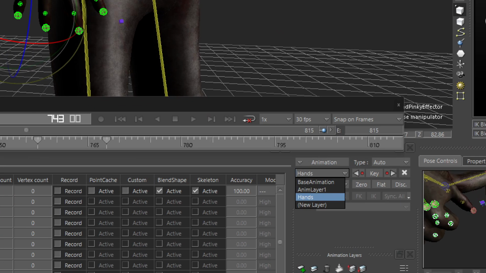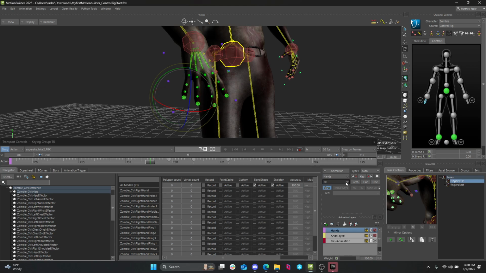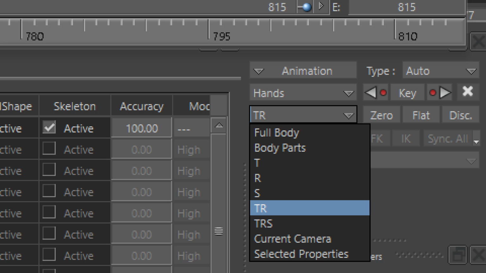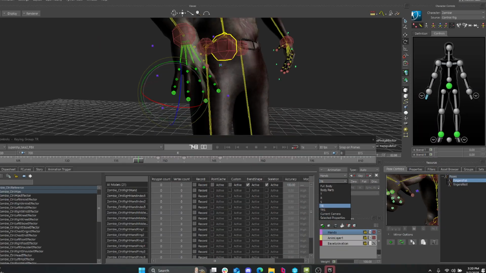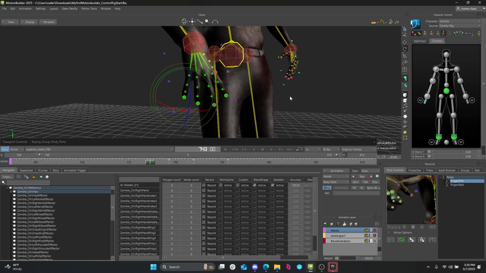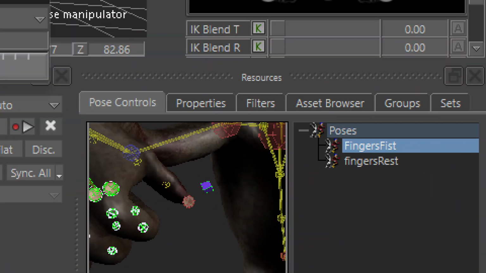This little drop down window, right, not that one, but this one. This allows you to isolate different facets of animation. Do you just want to animate the translation? Do you just want to animate the rotation? Do you just want to animate the scale? Do you want to animate the 3 of those? Do you want to animate an entire body part? Do you want to animate the entire body? In this case, to use poses, we need full body or body parts on. I use body parts. And if I double click on fingers fist now, which I created,